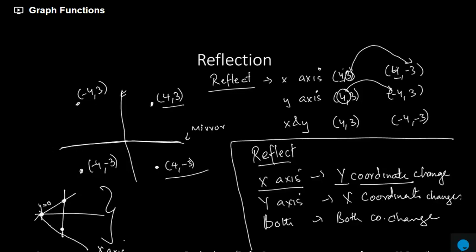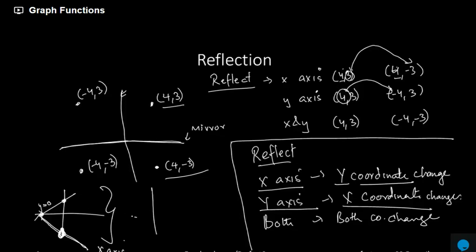That means the reflection would be this, right? So suppose you're understanding, when we reflect something according to the x-axis, the y coordinate changes, and when we reflect something according to the y-axis, the x coordinate changes. Okay, so we're going to bring a question on that a little later in the video. So I suppose you've understood the concept here, and we have done one small little question here as well, which